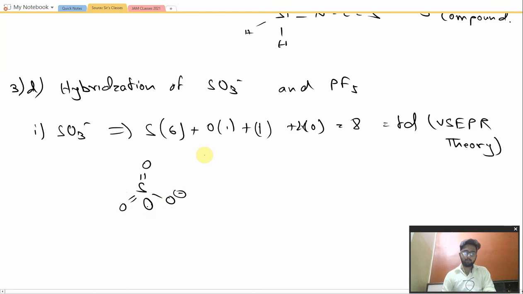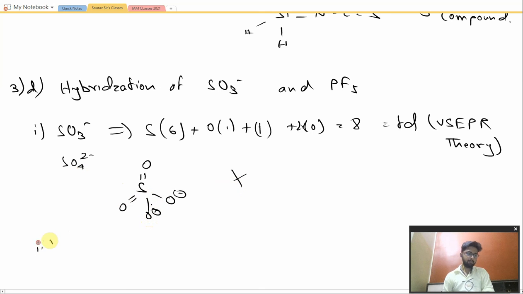Now this would be the probable expected structure, because I guess the question is wrong in this case. We know that SO3²⁻ or SO4²⁻ is normally considered. Just SO3⁻ is not any species and does not follow VSEPR theory, so we'll exclude this question from our discussion. Instead, let us calculate the value for SO4²⁻. For SO4²⁻, we will get this kind of structure.